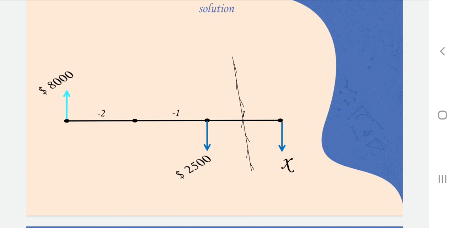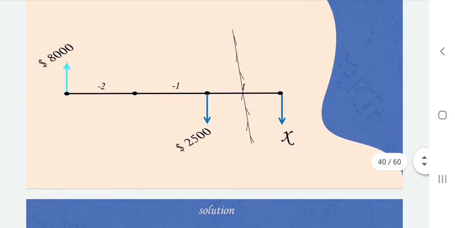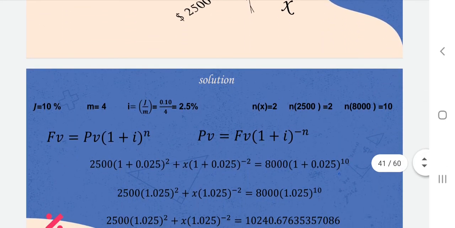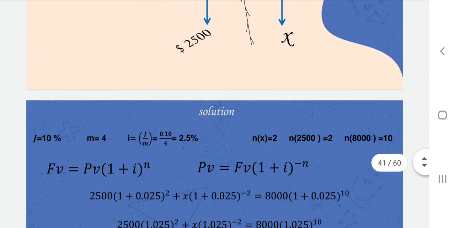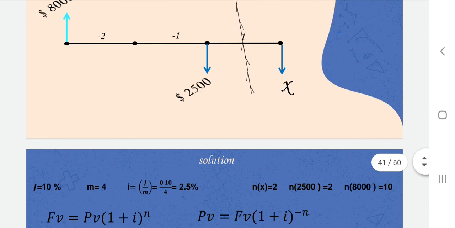The main formula here, SO equals SB1 plus BN2. S for $8,000 equals S for 2,500 plus B for X. And by substituting with J equals 10%, M equals 4, I equals 2.5%, and N for X equals 6 months